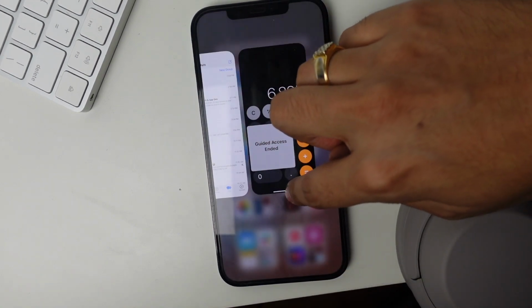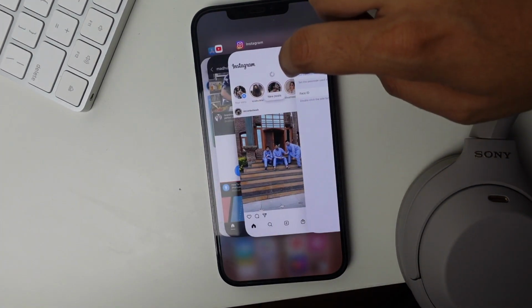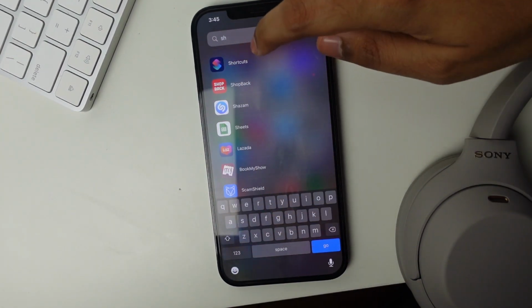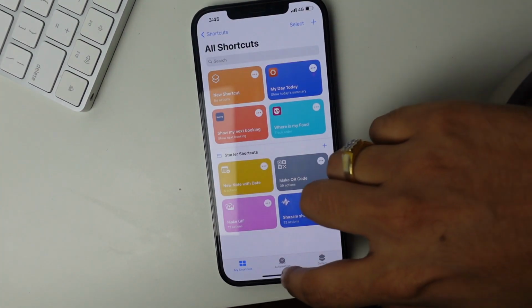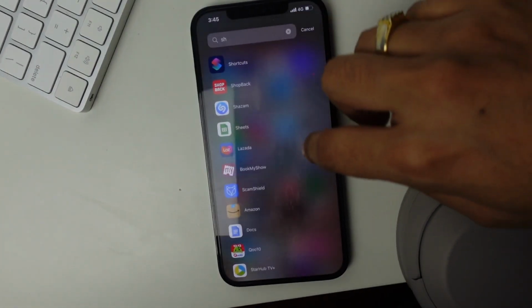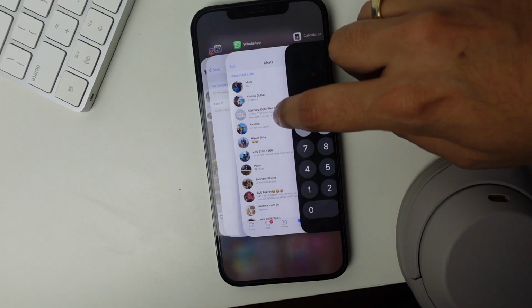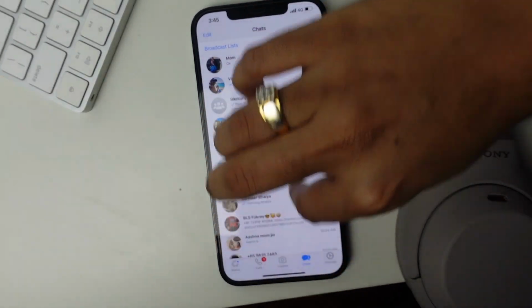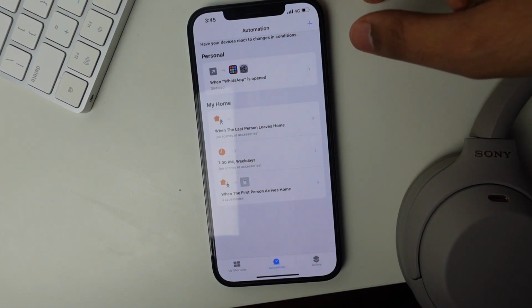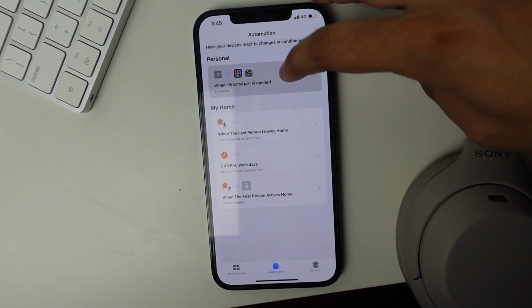Go back to the settings, go back to shortcuts and disable this particular shortcut that we have created under the automation tab. I can see this, disable this, done. And then I can access WhatsApp directly as well, and it's not going to open calculator as it was supposed to. So now the issue is that shortcuts is accessible directly. If somebody knows that this is something that I've done, they can disable it, right?